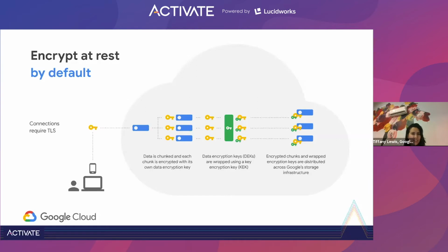Now, after that's been addressed, time to look at some of the more fun technical aspects of it, right? So one of the true differentiators of Google Cloud Platform, or GCP, is the way that we approach encryption. We have encryption at rest and in transit by default, right? There isn't anything additional that customers have to do in order to, quote unquote, activate the encryption. And we also take it very seriously because we view security as something that should be available by default to customers. And then you have the ability to customize as you want. But a secure foundation, much like Mike said earlier, is really the best way to start any type of cloud